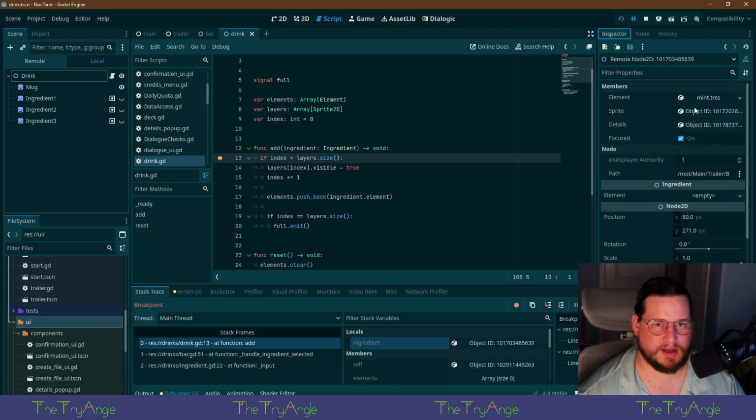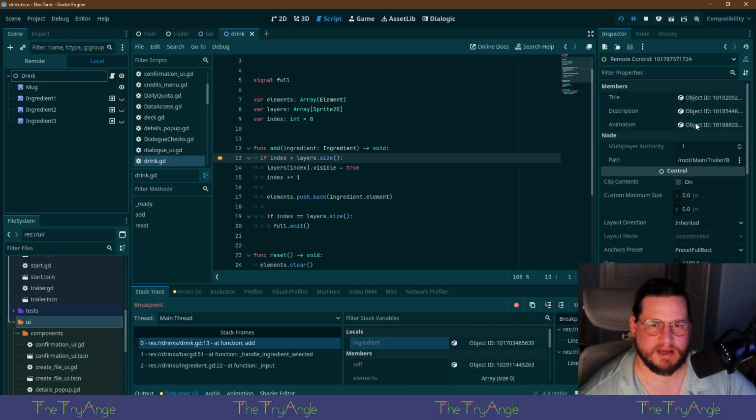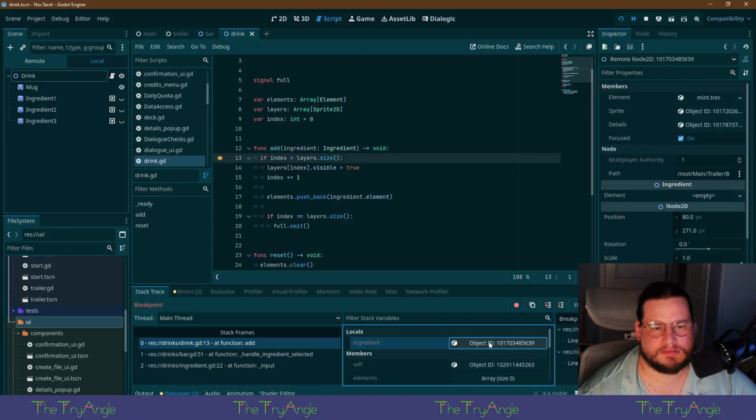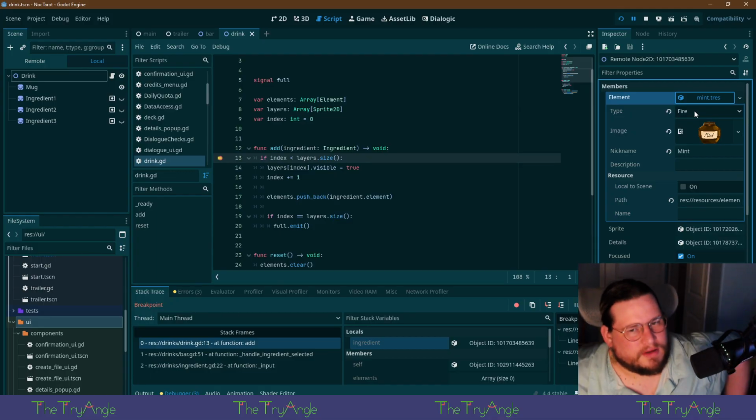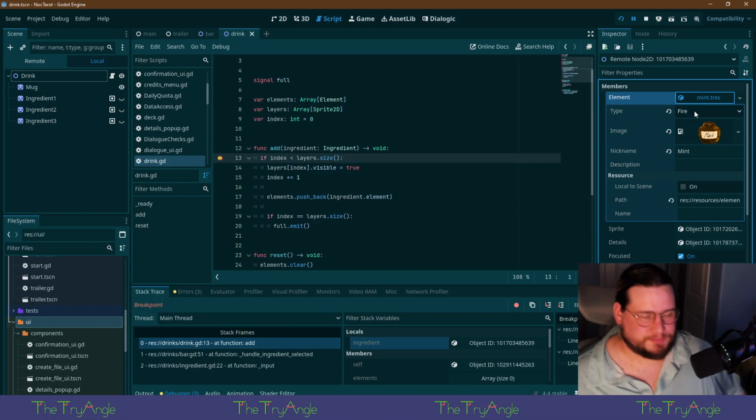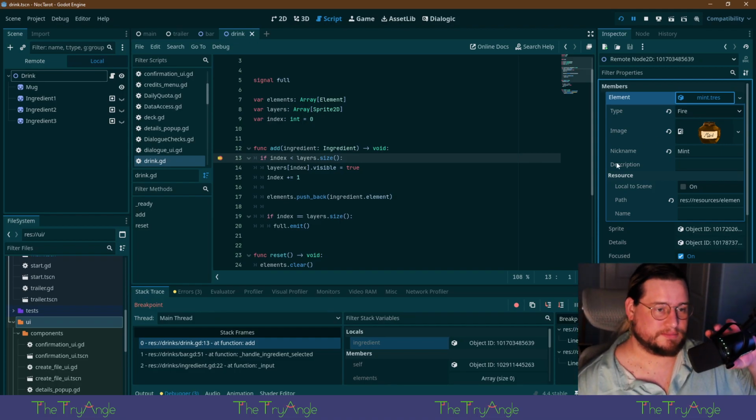Details? Sprite. Element. Mint. Fire. I think I know what's wrong with the drinks.